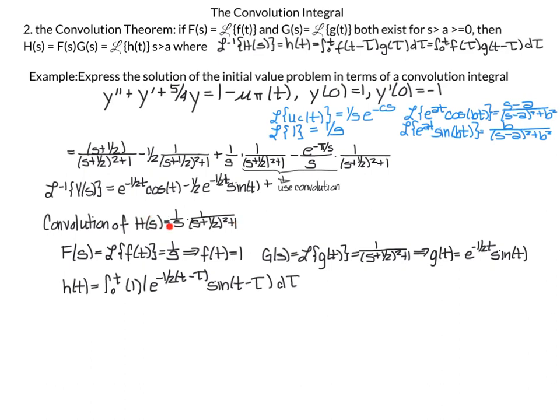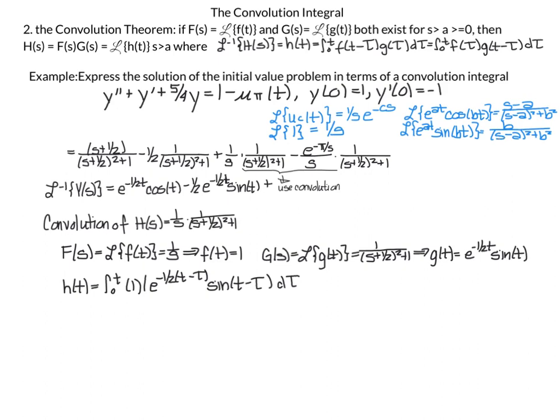so everything will easily fall out of my convolution theorem. So my h of s is a multiplication of two functions. My first function I'm going to identify as f of s, and I just write this out so everything falls out nicely. F of s, to remind myself, is the Laplace transform of little f of t, and it's equal to my first function 1 over s, which implies, using my formulas here, 1 over s implies f of t is equal to 1. Then from here I get g of s, which is the Laplace transform of little g of t, is equal to 1 over s plus 1/2 squared plus 1. Using my formula over here,